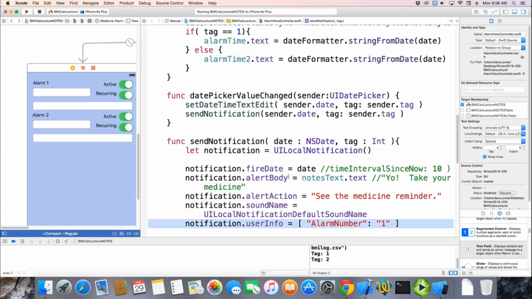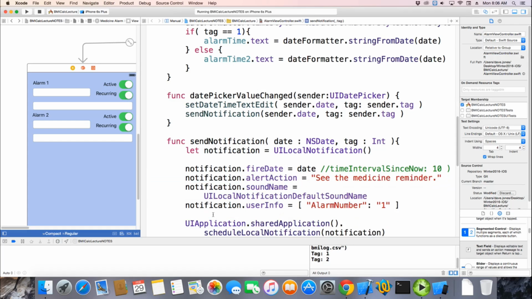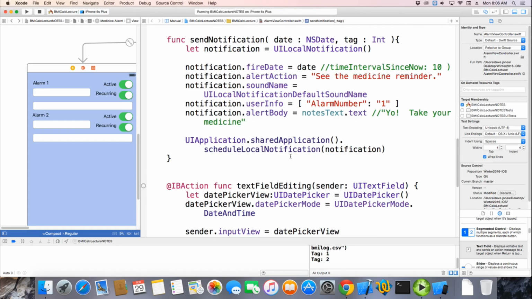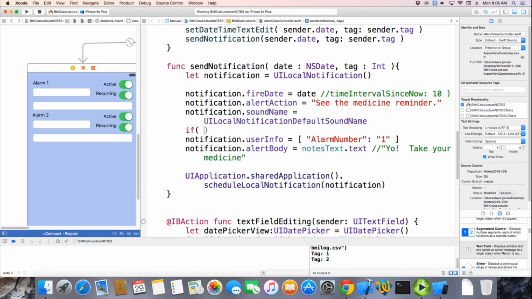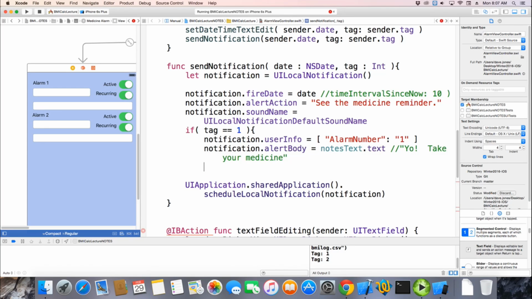So I'm going to put those together so that I can put an if around them. I can say if tag equals 1, do this, else